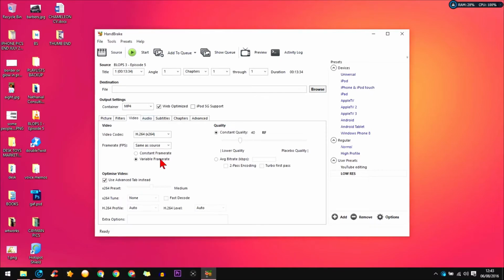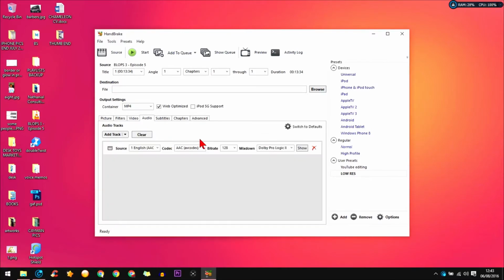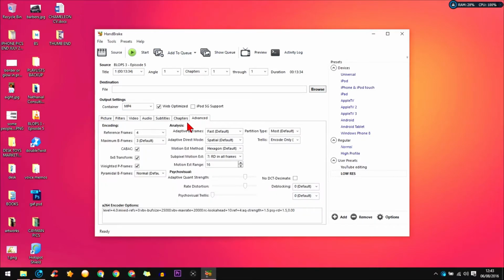Variable frame rates, I'm not sure if it was constant on the other one, but just make sure these settings are the same for you if you want to achieve the same thing. Audio, again, I don't mess with that. I think I left it at 128 kilobytes. There we go. Advanced reference frames for pretty much all the settings the same, except here the adaptive quantity strength